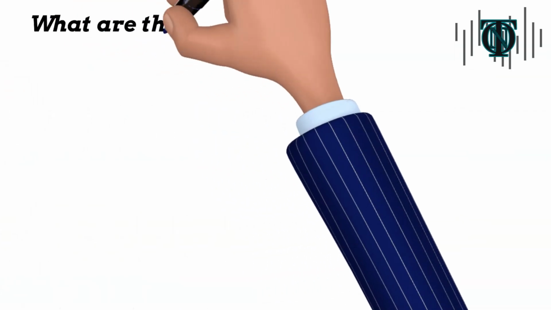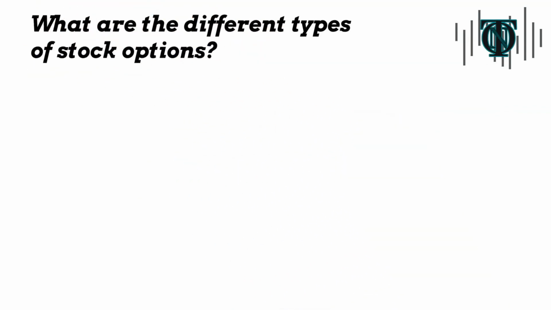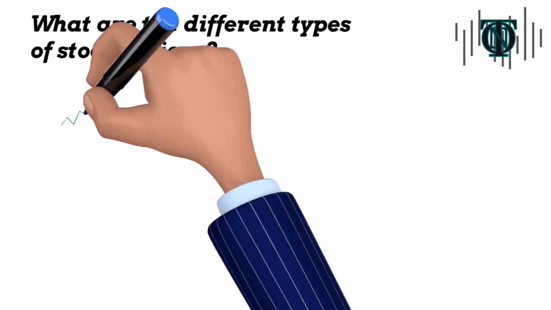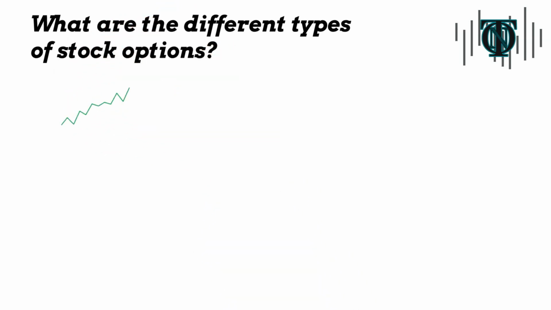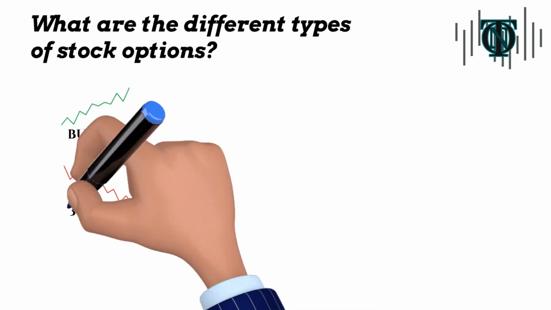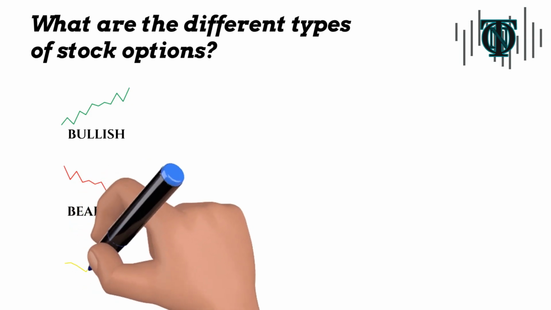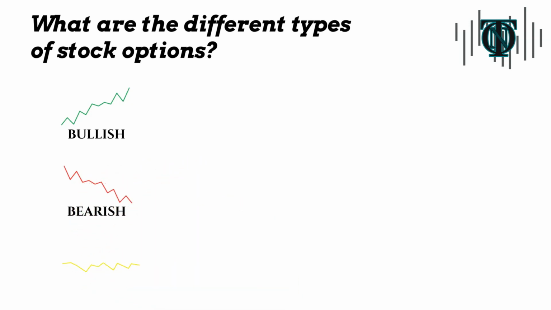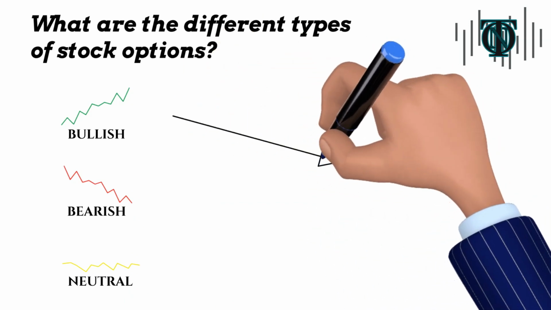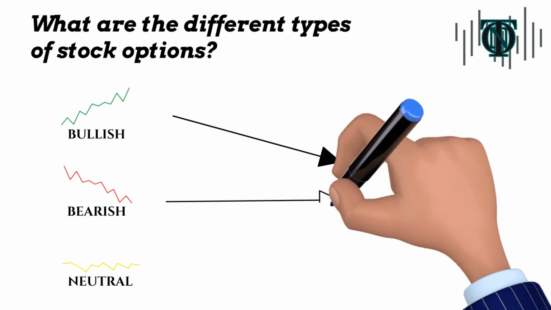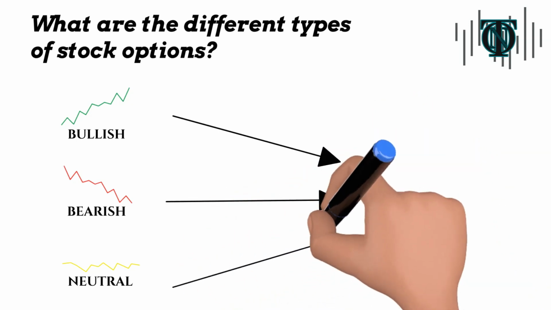So what are the different stock options? For all intents and purposes, we can say that the value of all stocks are going to fluctuate in some way. Prices are always going up and down over time, creating patterns. If the pattern is moving in an upward trajectory, it is said to be bullish. If the pattern is moving in a downward trajectory, it is said to be bearish. If the stock is moving up and down but in more of a sideways pattern, it is said to be neutral. When it comes to options, there are strategies that will allow you to profit if a stock goes up, down, and even in a sideways pattern.